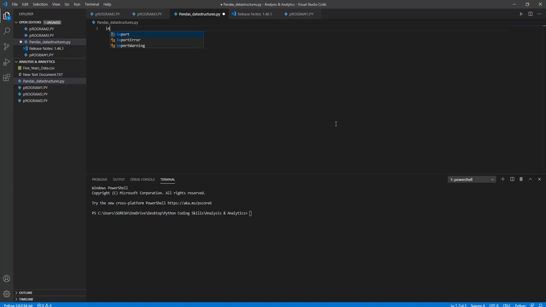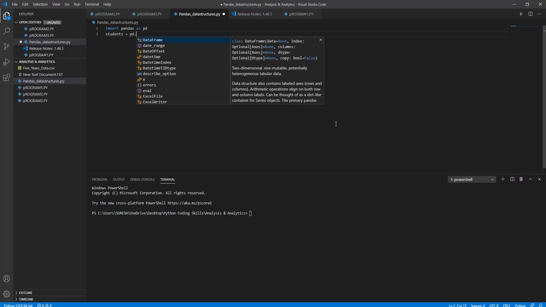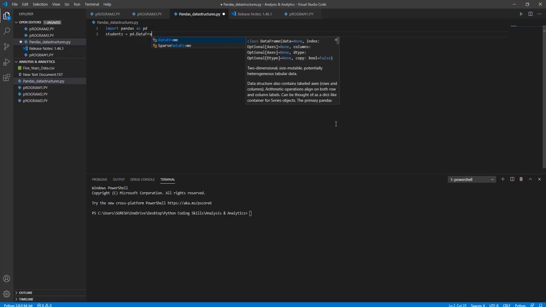For that, what do we need to do? Import pandas as pd. Now we have to create a variable called students. What we need to do is pd.DataFrame of